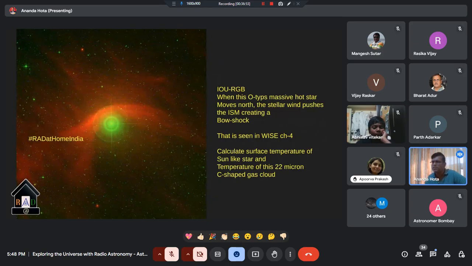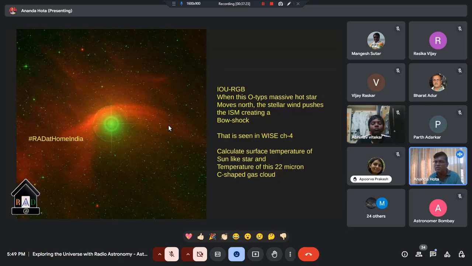Say, for example, this is a star, an O and B type star. You can see a shell, a bow shock like structure, but only in the infrared. The dust, whatever solar wind this star is creating, is creating a kind of halo around it, a bubble like thing around it, and that is pushing all the interstellar matter, which is not hot, but very cold.